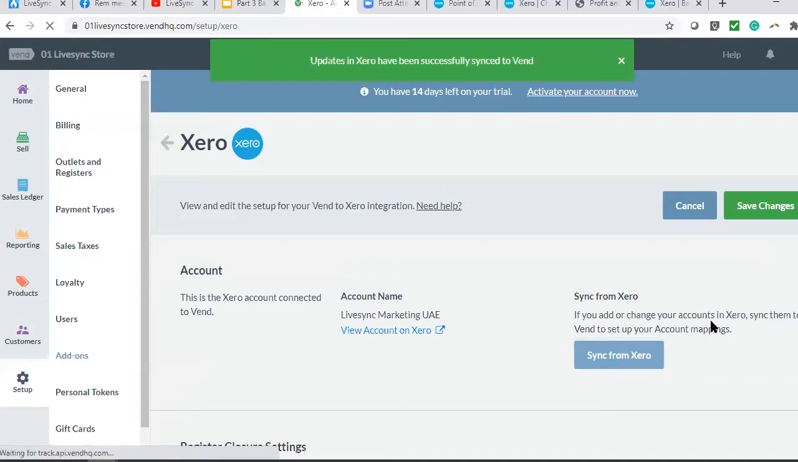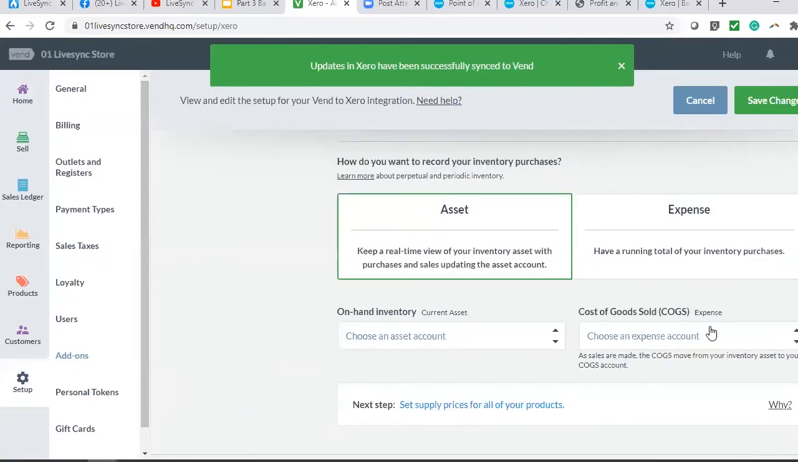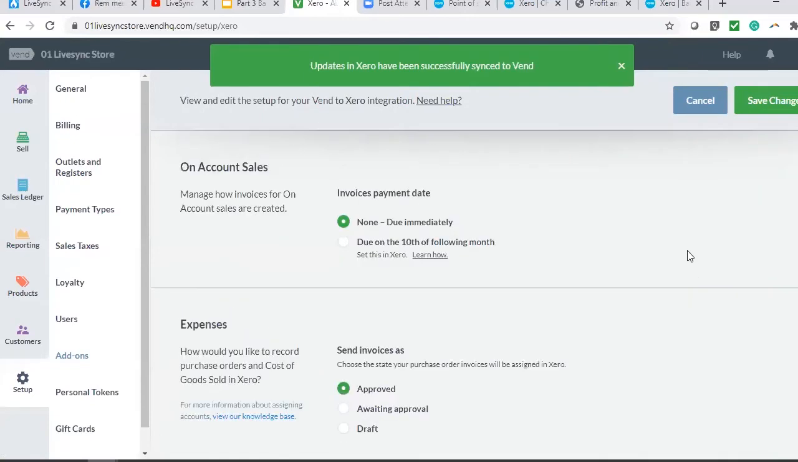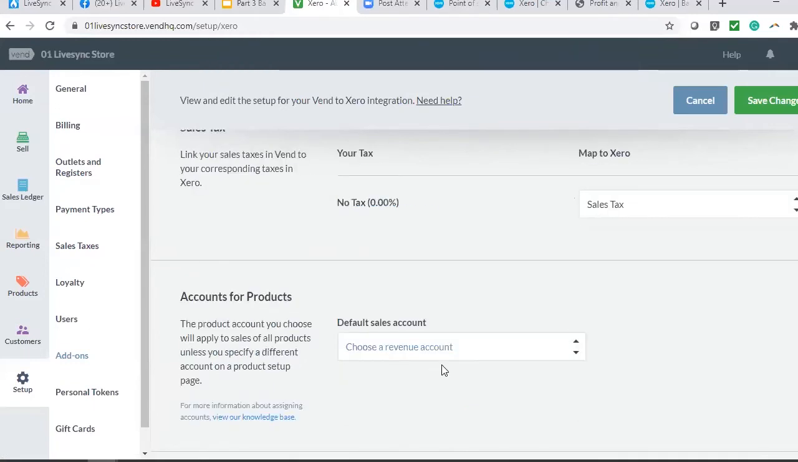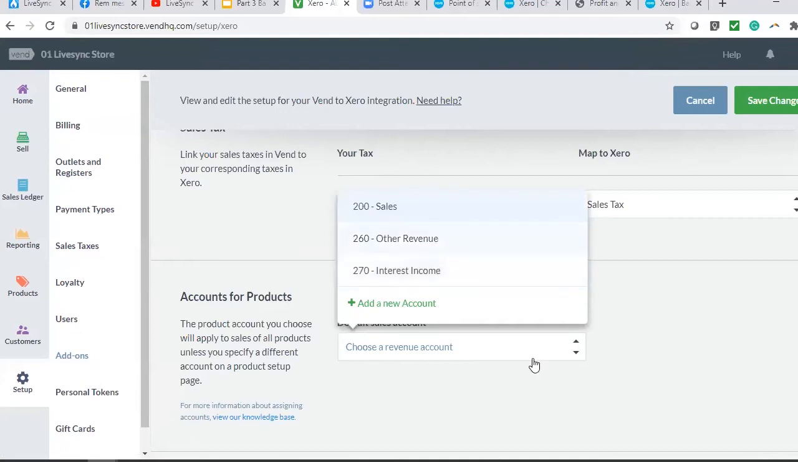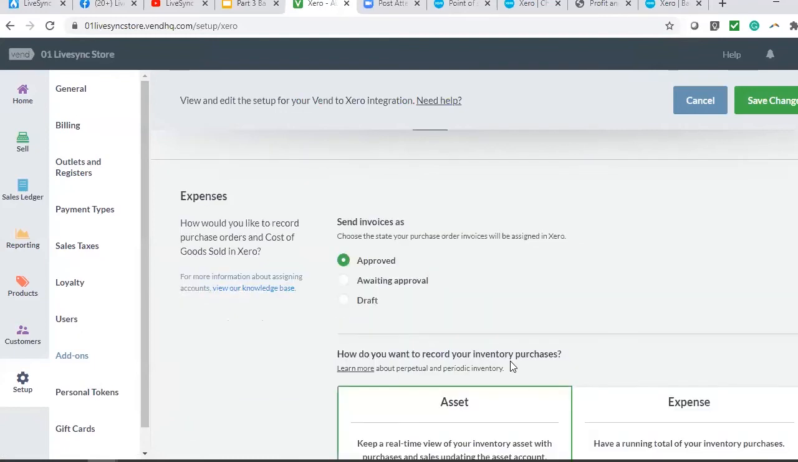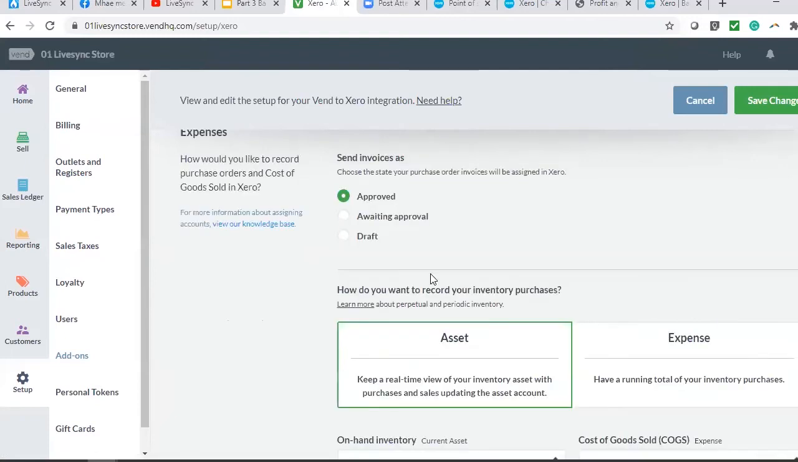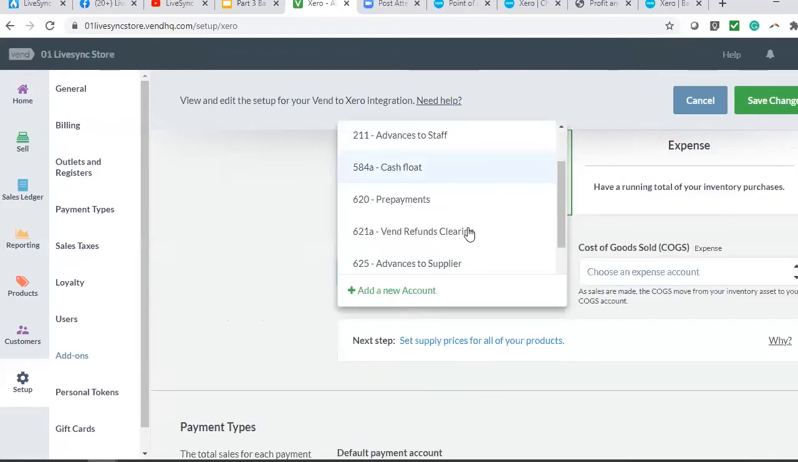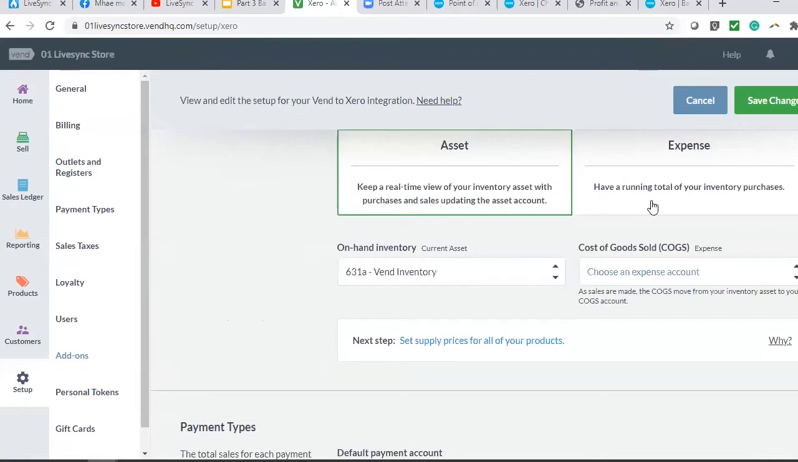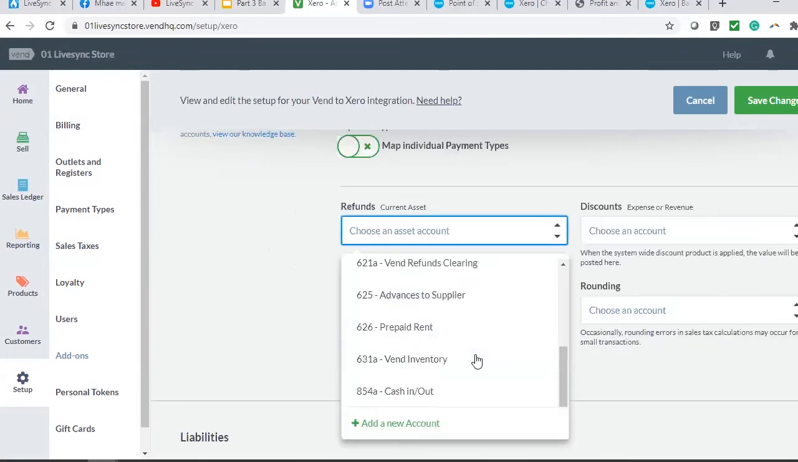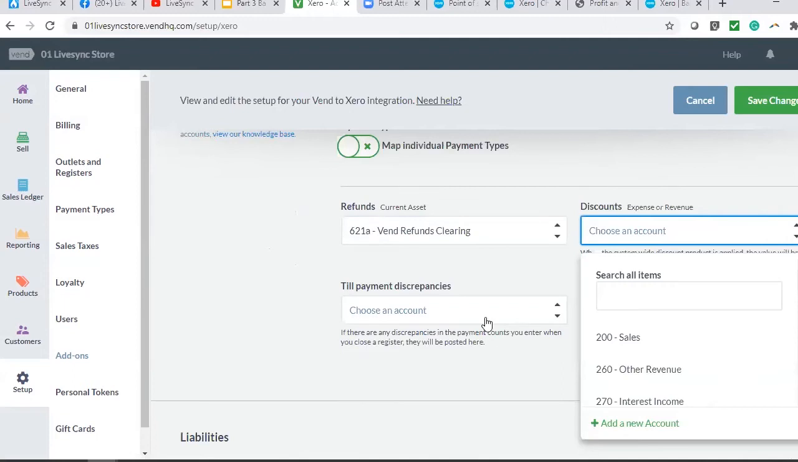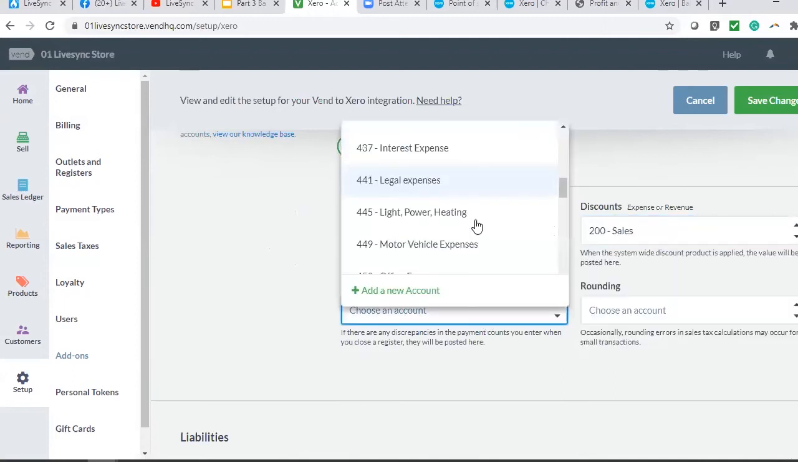Okay, now it's synced again, and now I can choose to start all over again. This is sales account. And then you can say it will be approved. And then I have inventory, then cost of goods sold, default payment account, I would say RAC. Refund would be refund. And discount would be sales. Till discrepancy would be